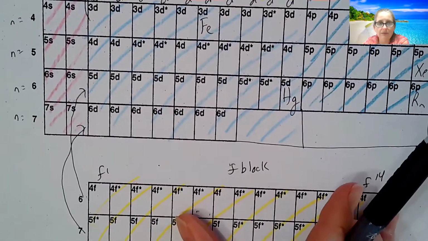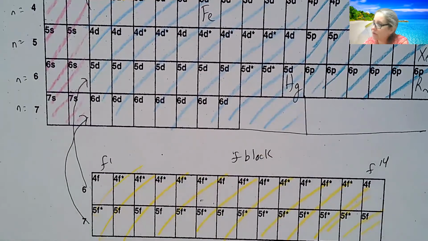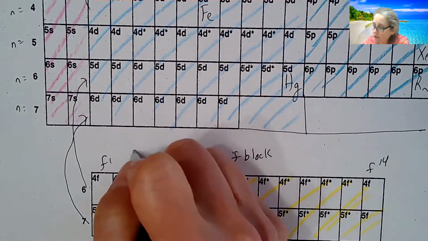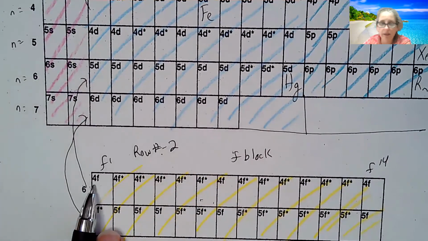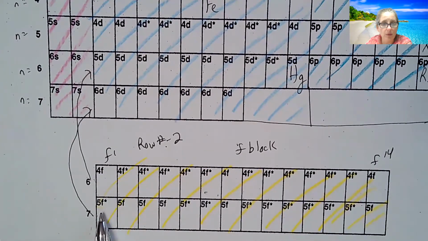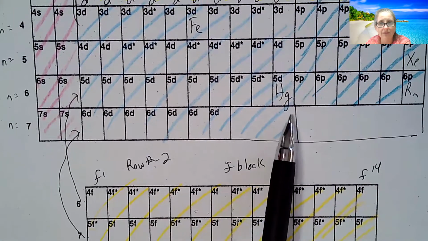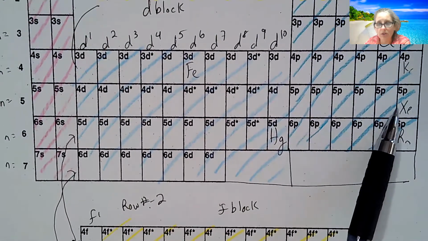Well, where it gets even more interesting is the 6th and 7th row. You start to introduce the F block. So this is going to be row number -2 for what number goes in front of the F for this row and this row. Since this is row 6, it's going to be a 4F, and this is the 7th row, it's going to be a 5F. So if I want to do Mercury's electron configuration, I'm going to start at the row